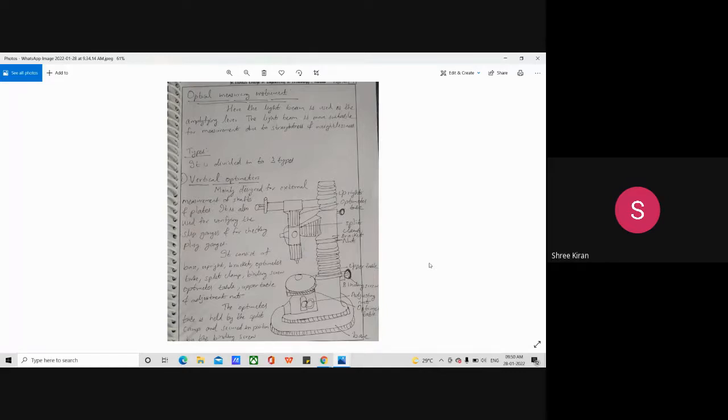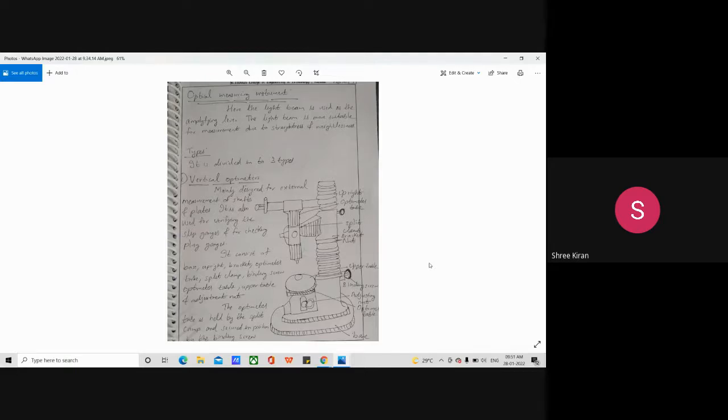The third one is a suitable stage or table to position the work part. Then the table preferably having provisions for movement in two directions, and possibly rotation about a vertical axis.